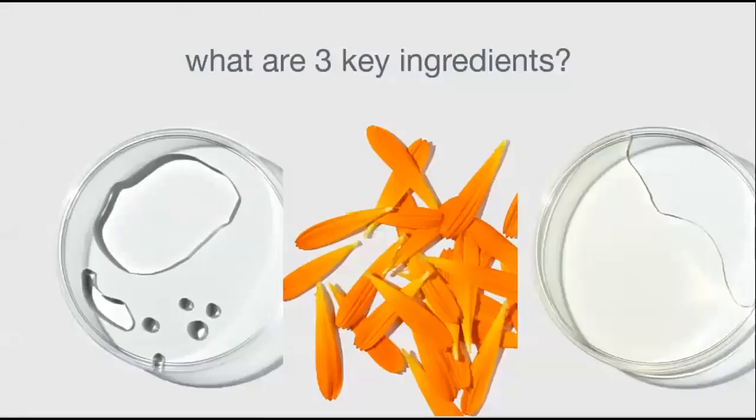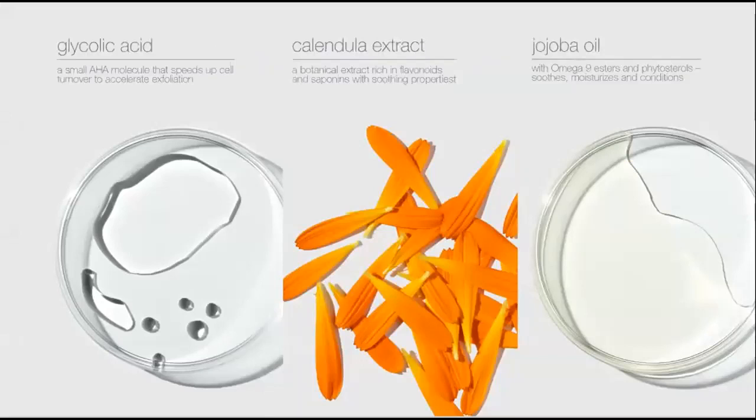Let's do a little retention check. What are the 3 key ingredients in the daily glycolic cleanser? One is going to be your glycolic acid. It's going to be that tiny alpha hydroxy acid that's going to speed up the cellular turnover and move that exfoliation right along. Next, you're going to have calendula extract, which is a botanical extract rich in flavonoids and saponins, and it's going to impart those soothing properties on the skin. Finally, the other key ingredient here is the jojoba oil. It has the omega-9 esters in it and the phytosterols,